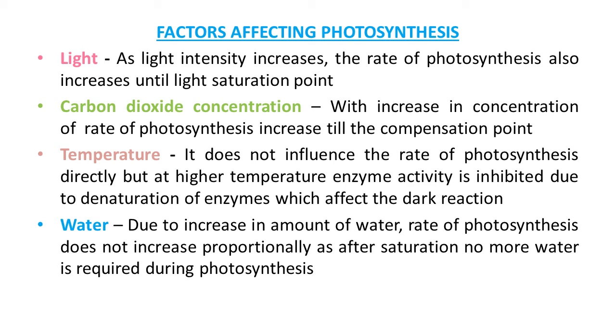Plant or internal factors are dependent on the genetic predisposition and the growth of the plant. Some external factors include the availability of sunlight, temperature, CO2 concentration and water. To study these factors is important to understand this process. In a plant, all these factors will simultaneously affect the rate of photosynthesis. So, several factors interact